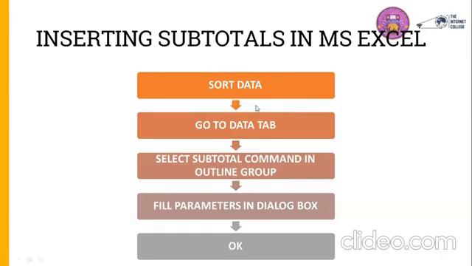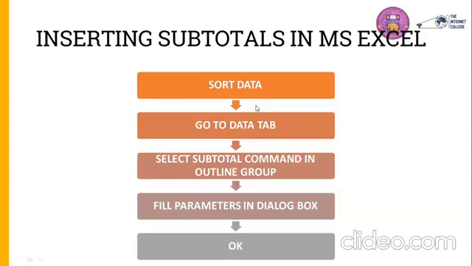The first step for doing that is to sort my data. So whatever data I have, I will be sorting it on the basis with which I want to create my subtotals. For example, if I want college-wise subtotals, I will sort the data on the basis of college. Of course, sorting you haven't done, so I'll show you briefly how to sort the data. But the detail of sorting will be taken in one of the forthcoming sessions by somebody. So you have to sort your data first.